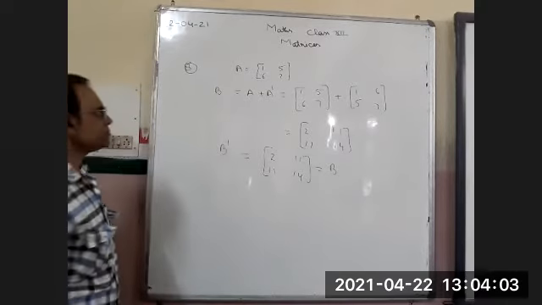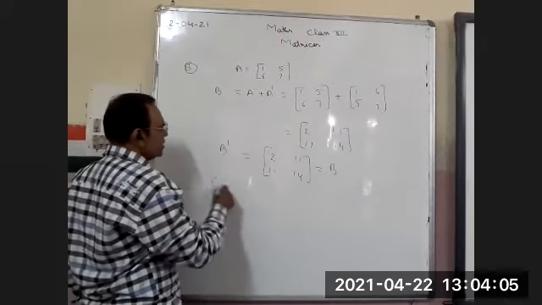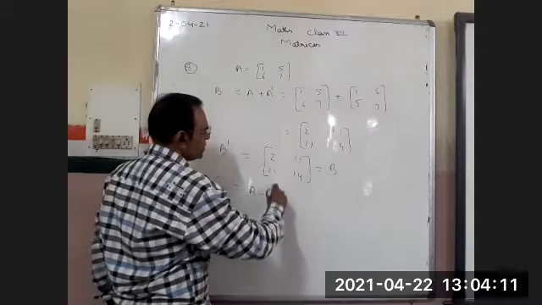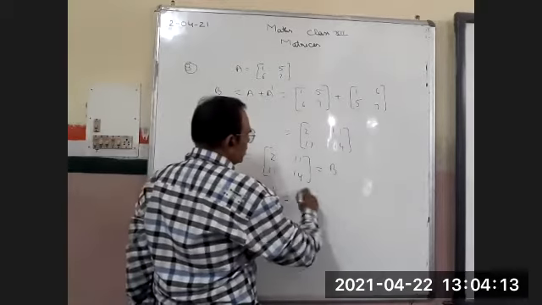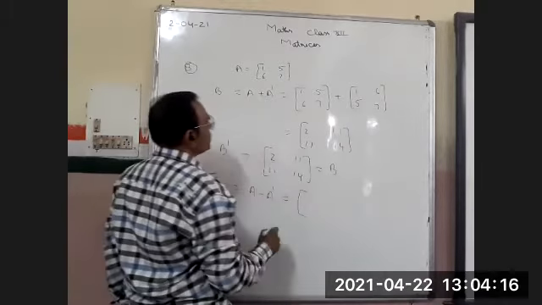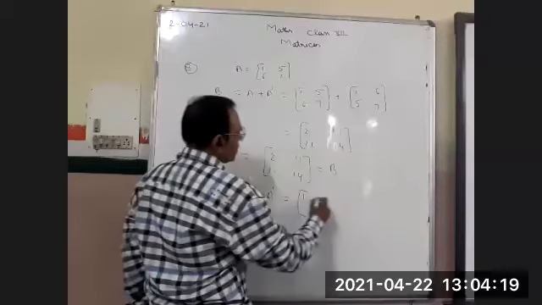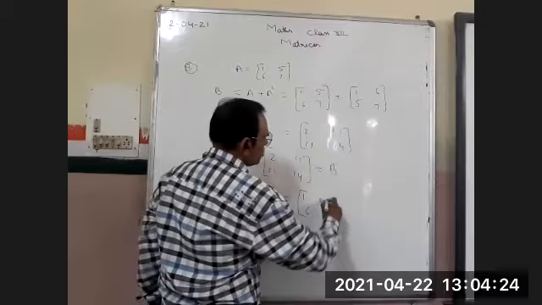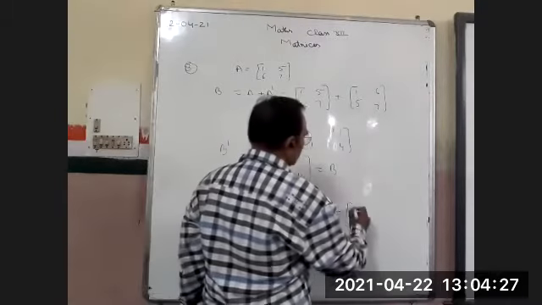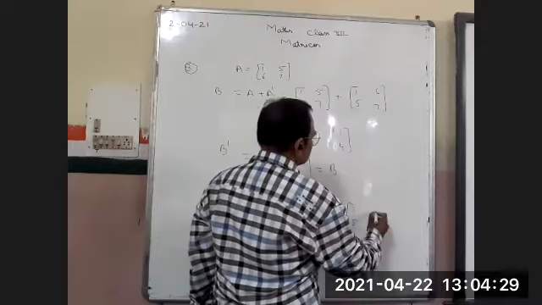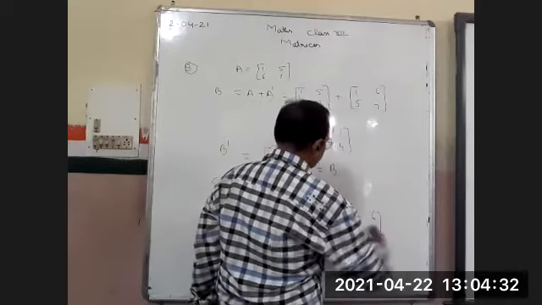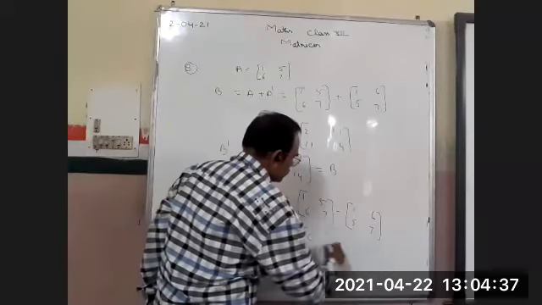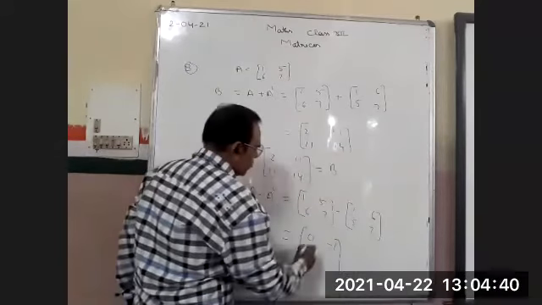Similarly, if we want to find C equal to A minus transpose of A, what will be the value of A minus transpose of A? A equal to [1 5; 6 7], and transpose of A, what will be its value? [1 6; 5 7]. If we subtract here, what will we get? 0, minus 1, 1, or 0.